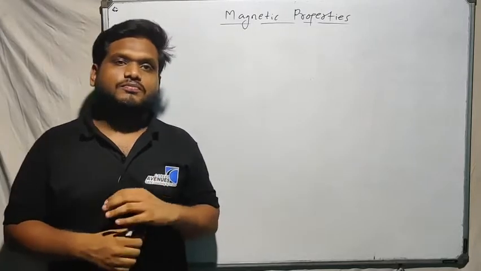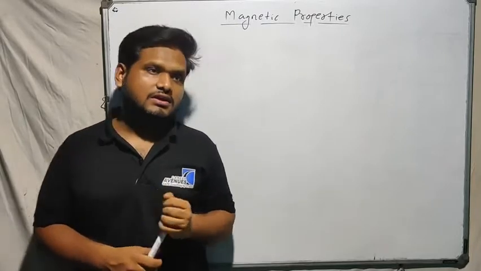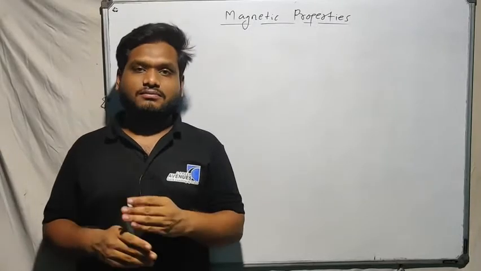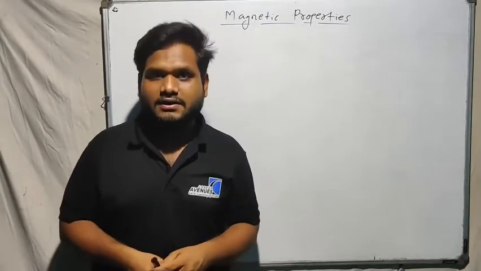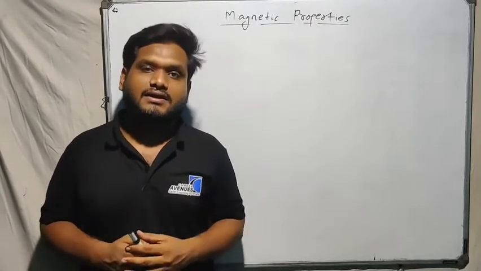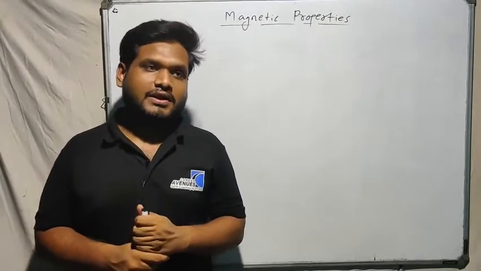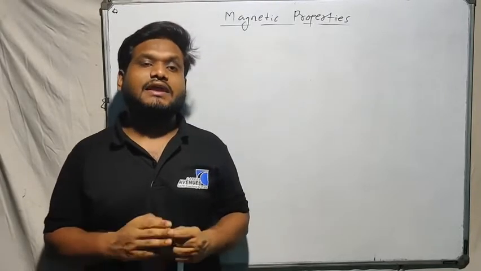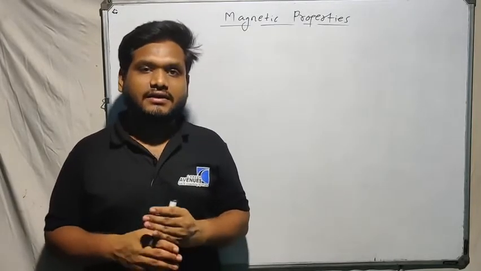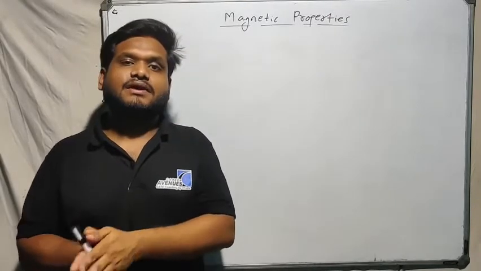So as far as the magnetic properties are concerned, what are the things that we are going to learn in this? First of all, we have to learn various parameters. In order to understand the magnetic properties of the material, you have to first know the basics, the fundamentals. What are the parameters which will define the properties of the material? And one thing you have to make sure of is that the whole chapter is based on an electrical point of view, in the sense of how the electronic structure of the material is. On the basis of that, the material is going to show a magnetic behavior.